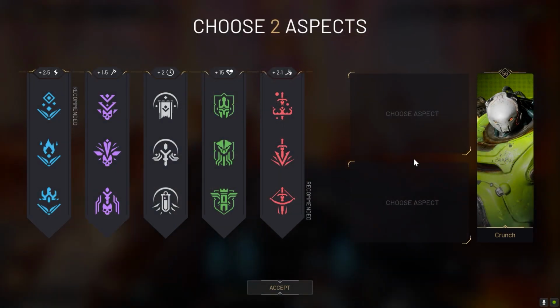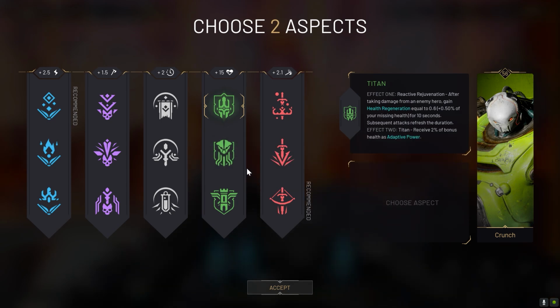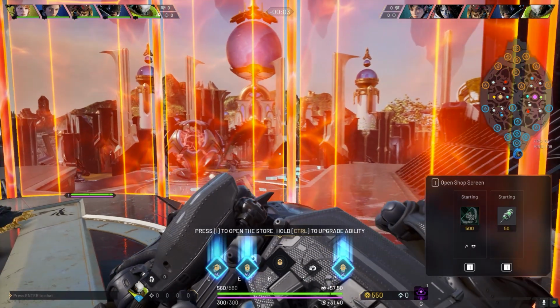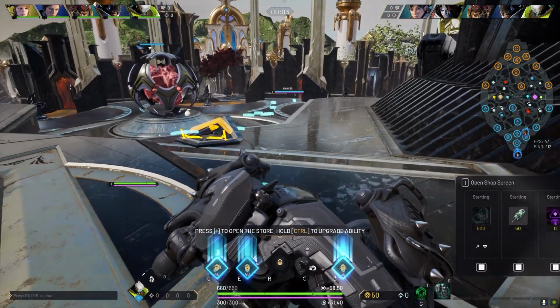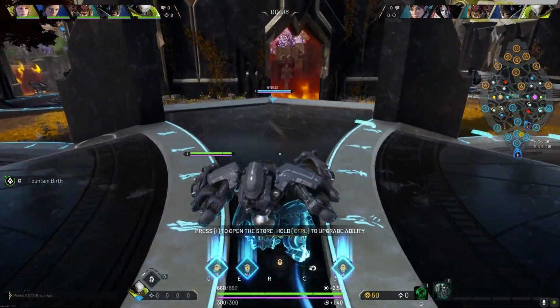Crunch. For aspects, I'm going with Titan Beast Hunter. They recommend Magician, which is nice because it lowers the cooldown on your ultimate, re-crunch, but I find that you really don't need it. That ultimate gets cooled down quite enough with his passive once you unlock his ultimate. They also suggest going Titan's Bow for off lane, but I like to take the armor,